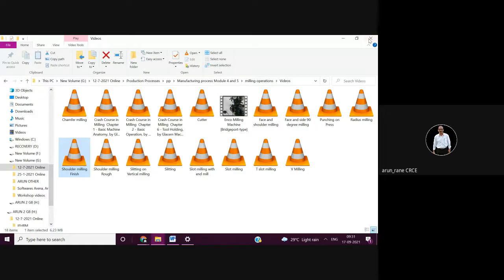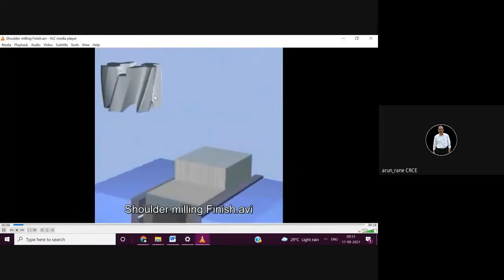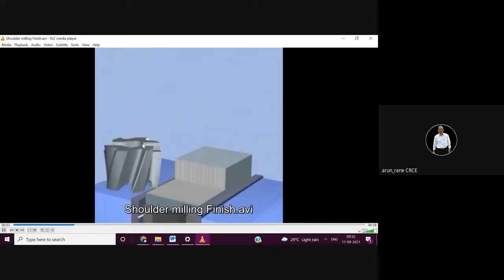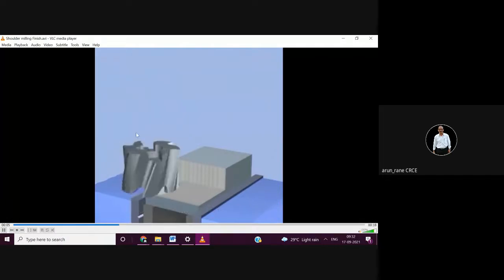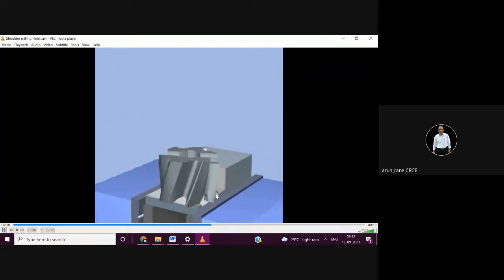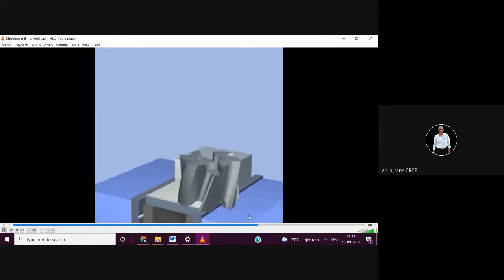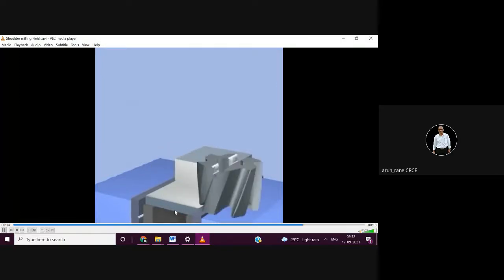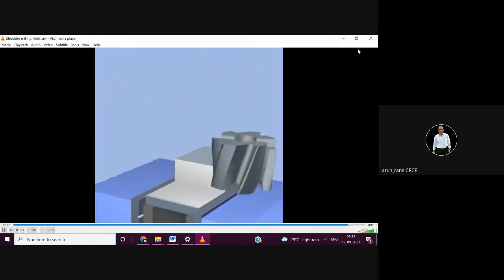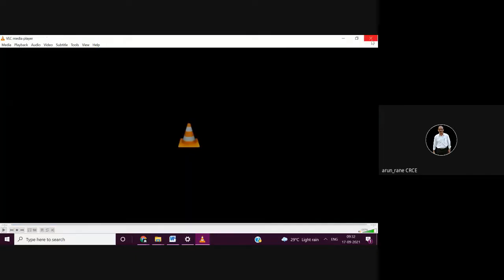So here you get quite accurate results. We have seen here also with the help of an insert. With the insert you will not get a good finish, but here you will get a good finish. Why? Because see the teeth, the teeth on the cutter are throughout the length. So in the inserts you will get slight steps, whereas here you will not get any steps and you will get a good finish. So with the help of inserts we do rough milling, and then this is used for finish milling.